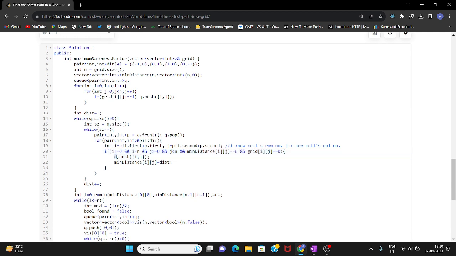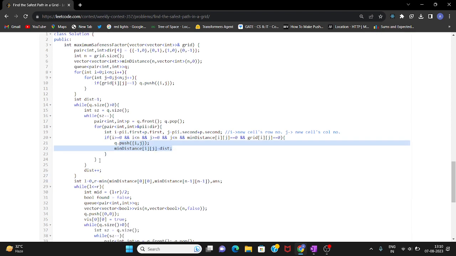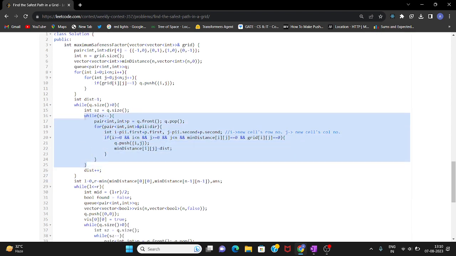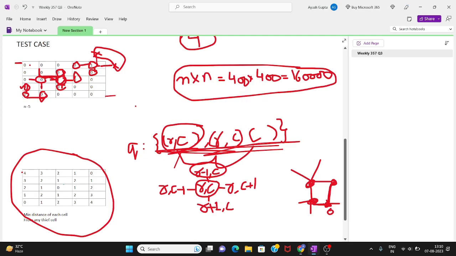So here we will push the cell and mark the distance, and once we are finished processing all the pairs present in the queue, we will increment our distance integer.